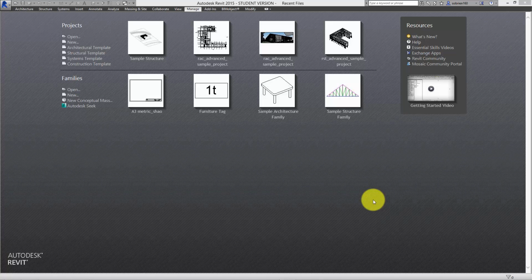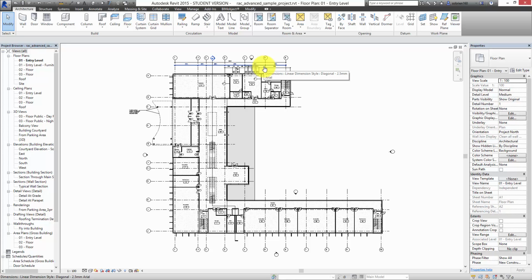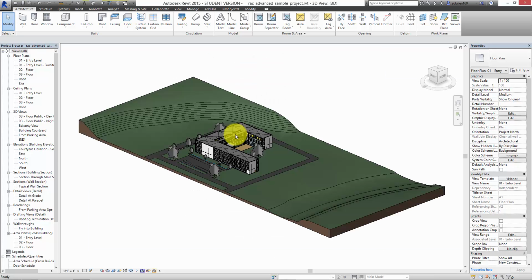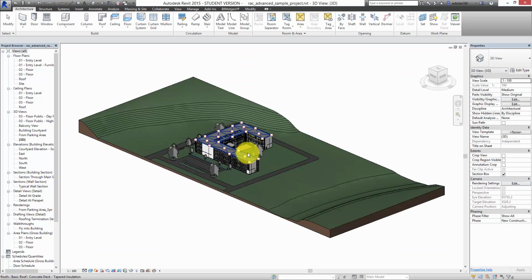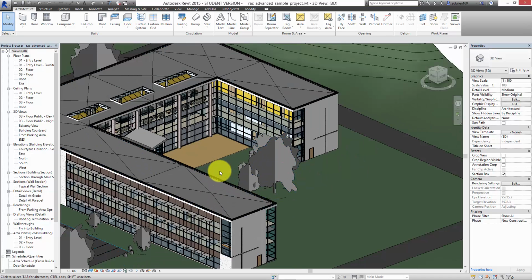All right. So I'm going to use this advanced sample project here again. It's just an office building, the same one we used for the solar study. So that's kind of the basis of what we're going to do. Again, it's just a kind of simple architectural model, but the site is in there, the main elements, the roofs and so on,